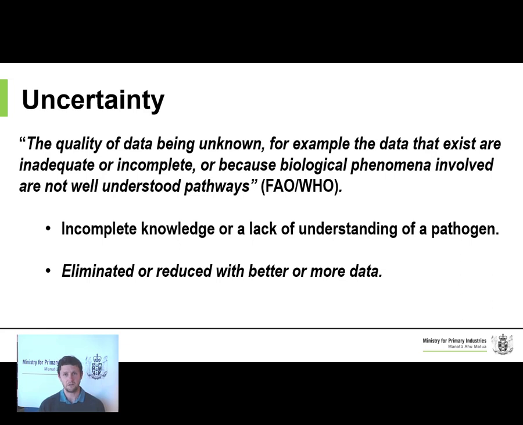So this specific coronavirus is not well understood. There's a significant amount of uncertainty at the initial outbreak, but as scientists have been able to look at the epidemiological nature of the organism, they've been able to obtain more data, and then that uncertainty is becoming less and less over time.